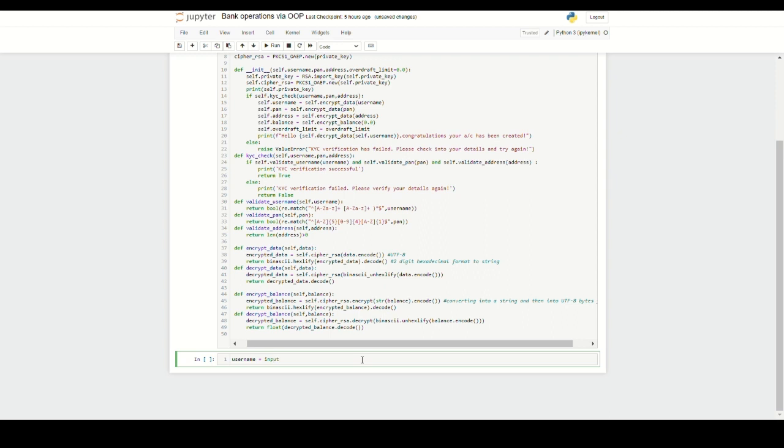So first I'll write input, enter your name. This input function is used for ensuring that the customer is given the chance to enter his name in the output. Input, enter your name. So tell me, the customer, what is your name, your PAN card, your address respectively. So input is used for that. Enter your PAN card number, address is equal to input, enter your address,